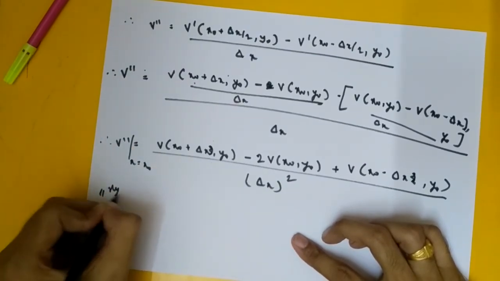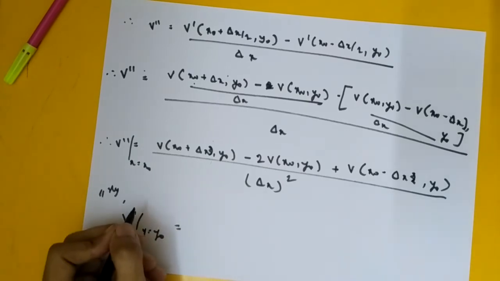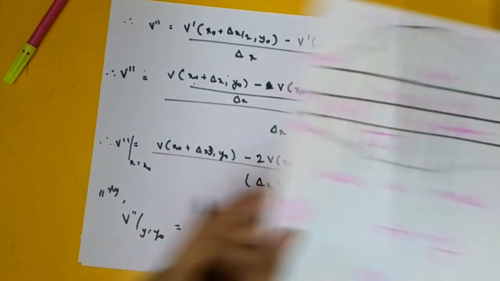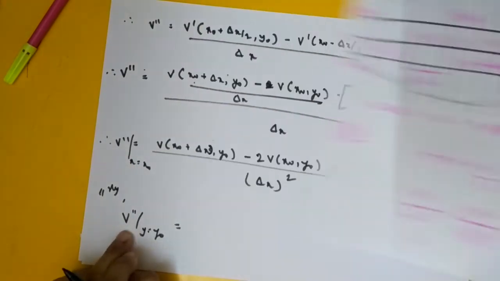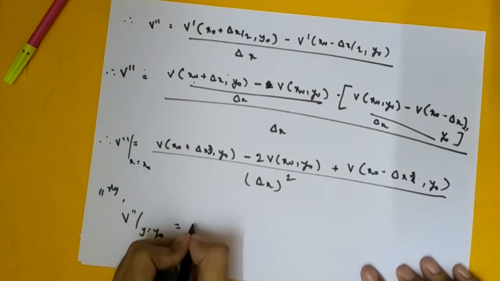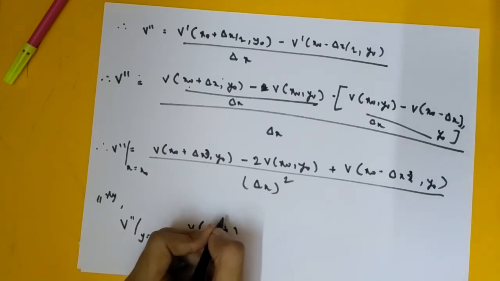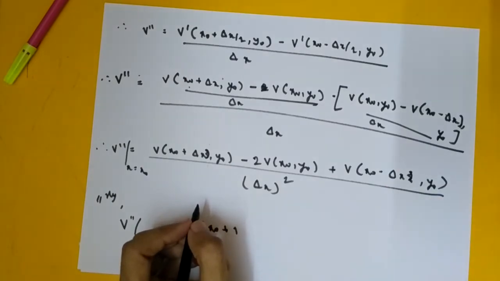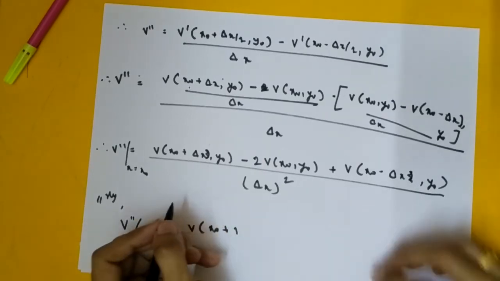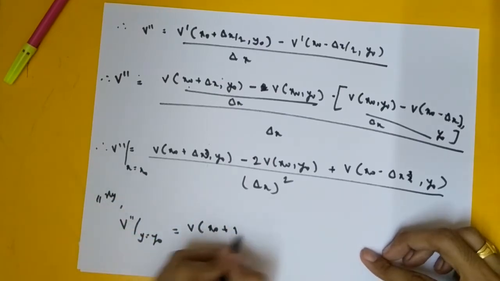So similarly I can say v prime at y equal to y naught, we also have to find. Why do we have to find it? Because what we want to find is del square v by del x square, that's what we have found here, plus del square v by del y square, that's why with respect to y square. So same expression you will get. So if you similarly solve, what you will get?